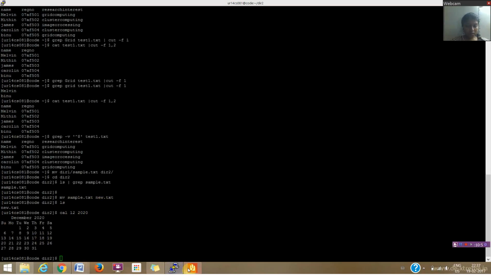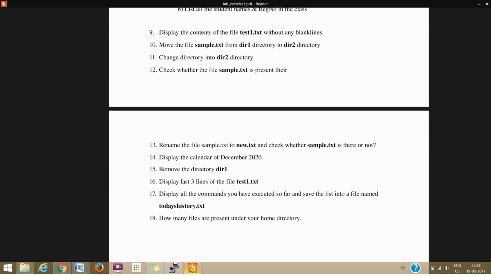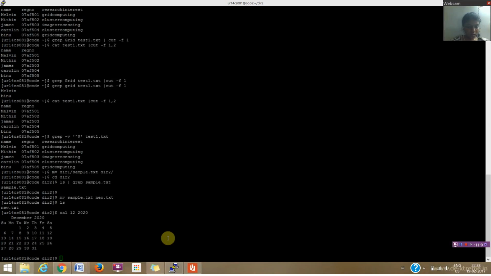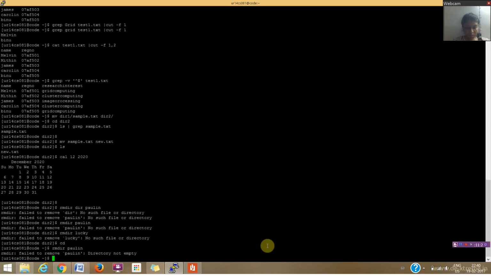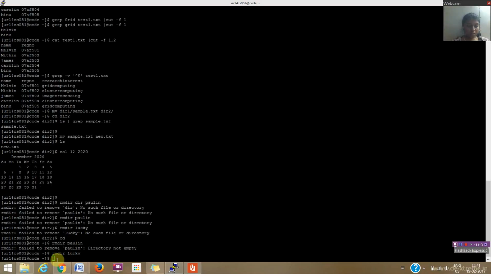The next question is to remove the directory 1, so I am just going to use the function rm. The first directory that I created was colon, so I am just going to remove that. So for removing the directory, I'm just going to use remove directory, and colon was the first directory I created. Since the directory is not empty, it wasn't able to remove. Just a minute. Yeah, so as you can see, the directory lucky has been removed, and the next question is going to be